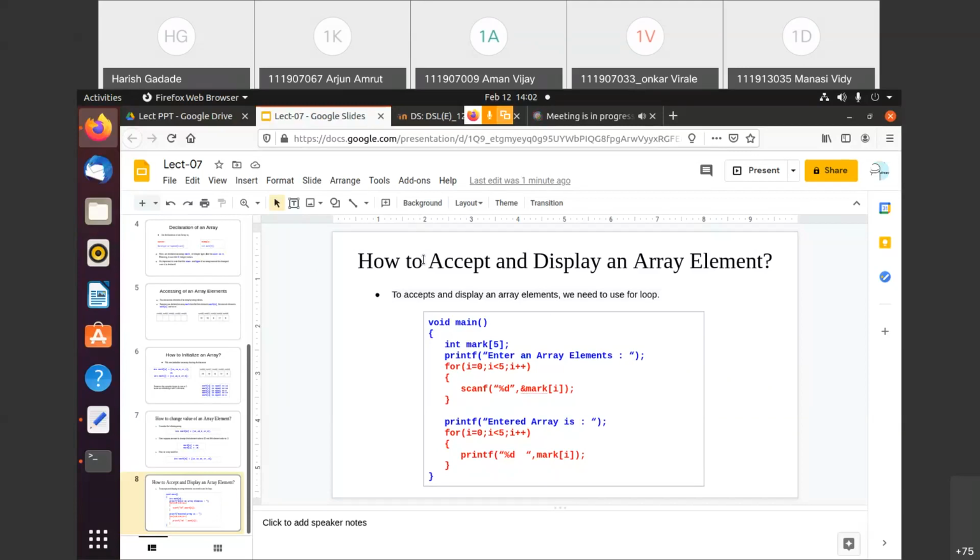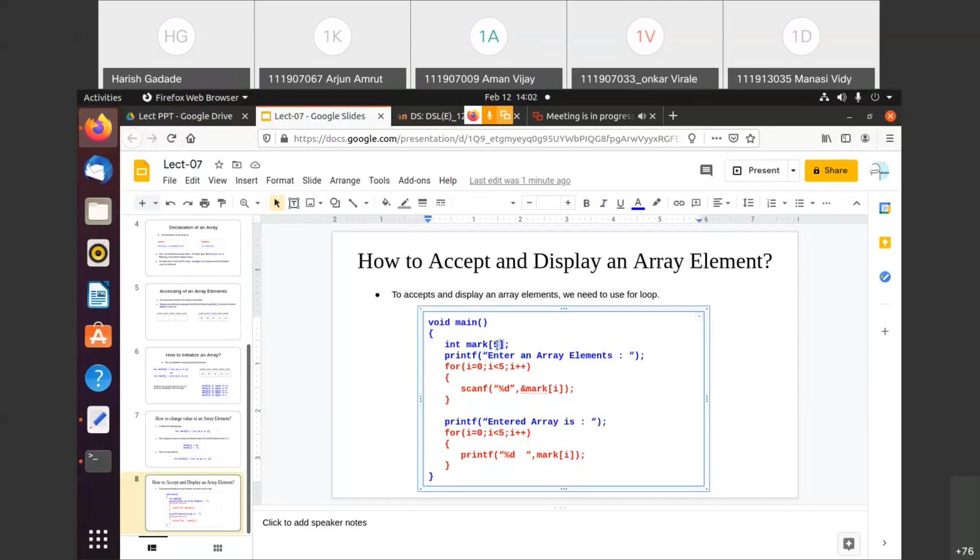for displaying the elements. So one example I have just given here, I have just said enter the 5 elements, suppose, right? Now here that size of mark is 5, and I need to accept the 5 marks or 5 elements from the user.